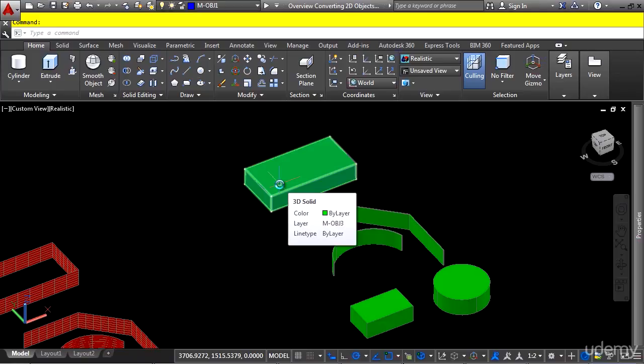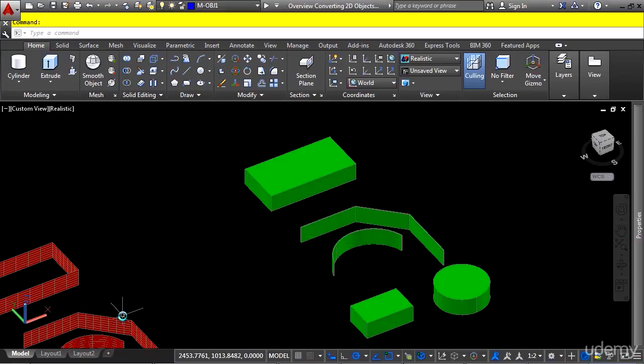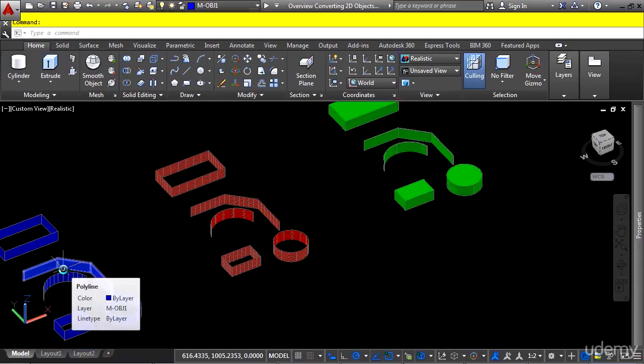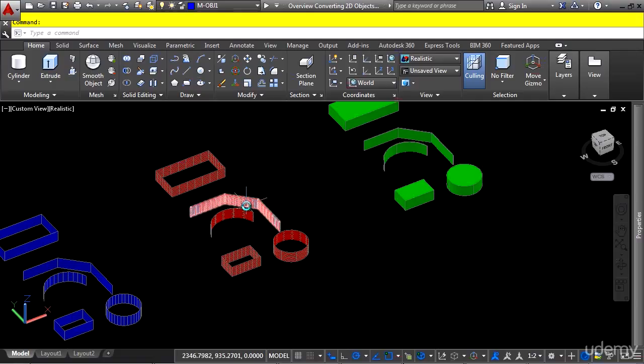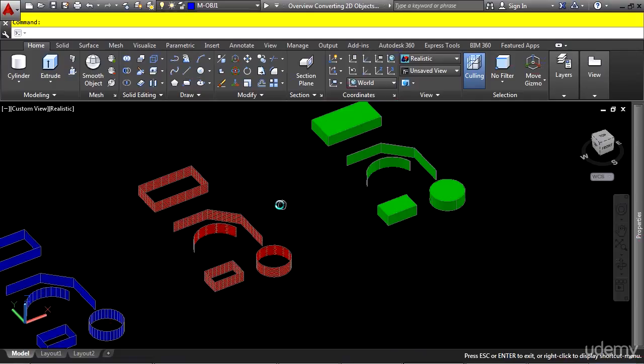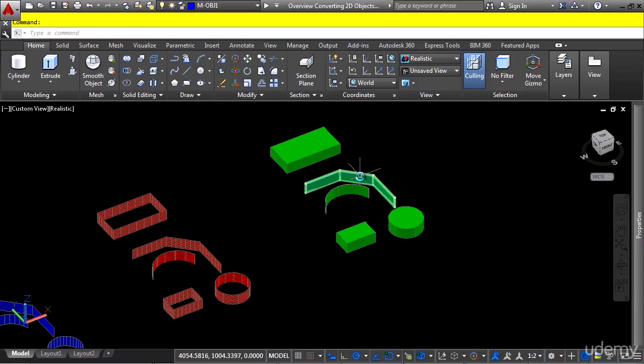Now before you can convert objects to solids or surfaces, if you already have a thickness defined for the polylines, they can be converted immediately to surfaces. For objects like this that are open, you need to first create a surface and then you can thicken them to a solid. So depending on the desired result, you can either create a surface out of 2D objects or you can create a solid